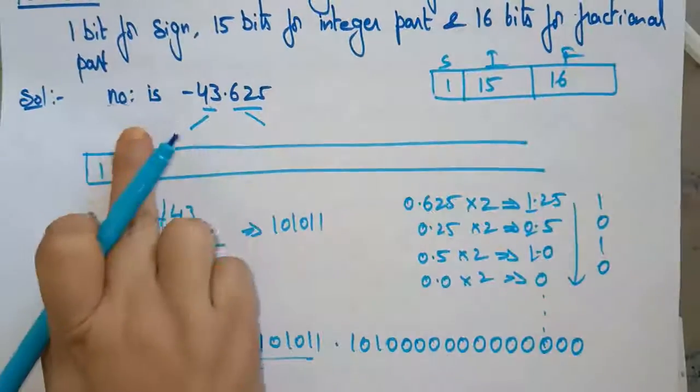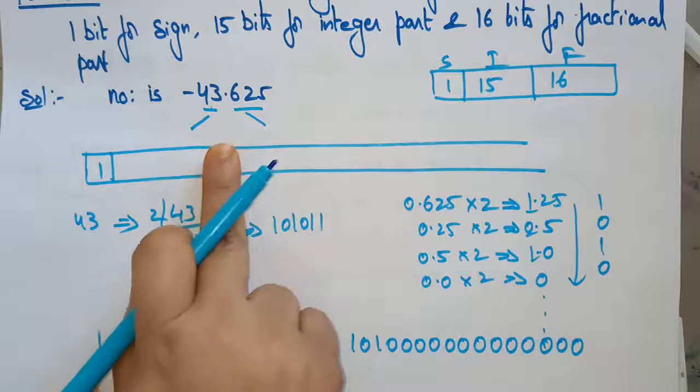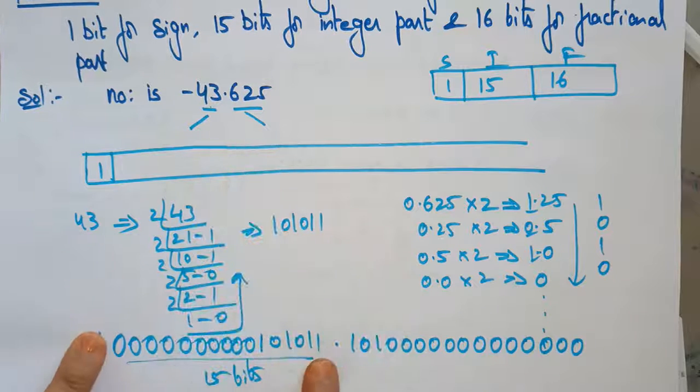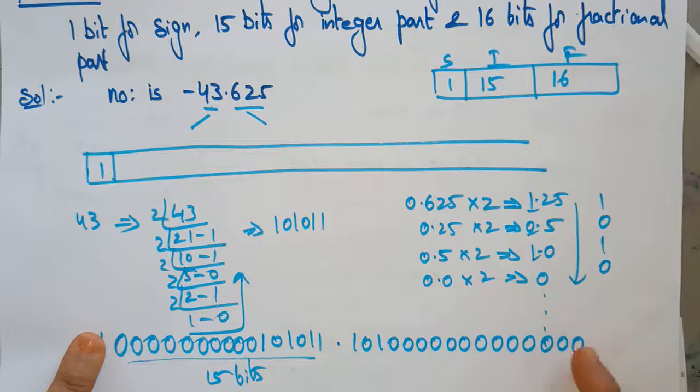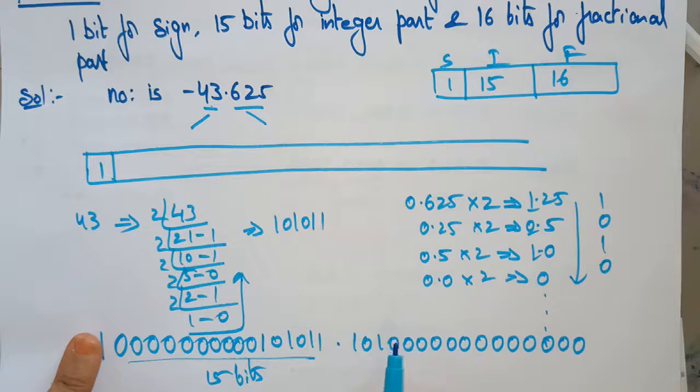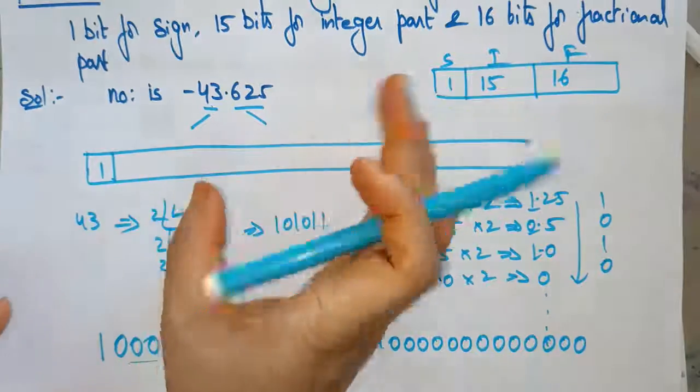Suppose you want the exact value of this, what are you going to do? So this is the value you got. Suppose here also you are keeping 1, you are keeping 0, you are keeping 0, and total 16 bits here and 16 bits here. Now what you have to do? You have to do the 2's complement for this number, because you got the negative number, right? Minus means it's a negative number, you are converting it. But here in this example, I'm just representing the value.